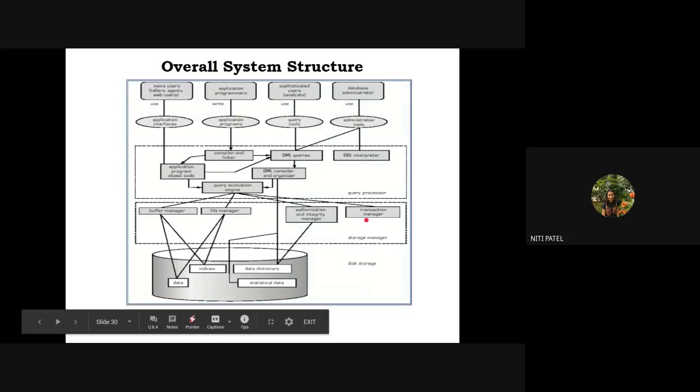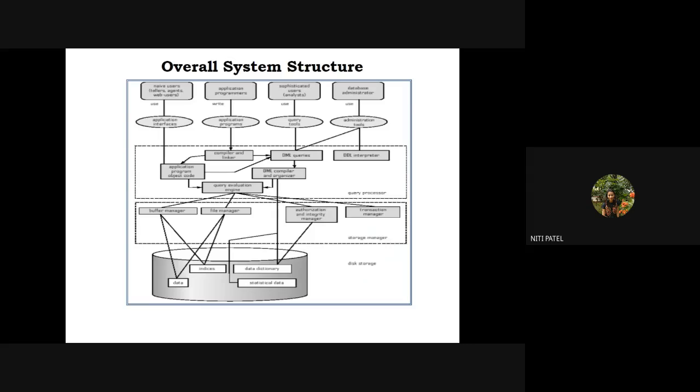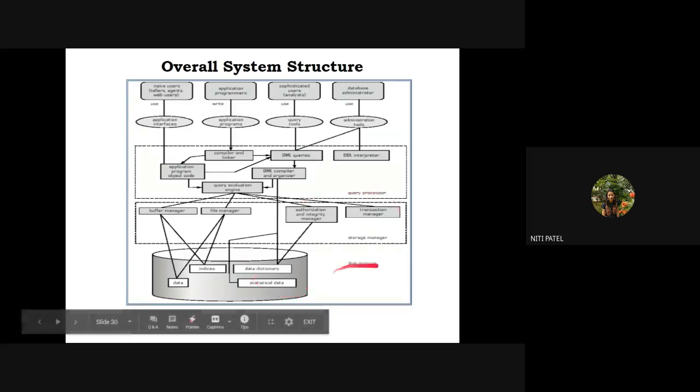So if I have stored Pratham's data in 4 places, and if I change it in only one place, the system will not allow me to do this. Why? Because the transaction manager of the database management system says that if you are changing the data of Pratham at one location, see to it that you change it in all the 3 remaining locations also. Then only you consider the database as consistent. Otherwise, your database is not at all consistent. Is this clear? What is storage manager? Yes, ma'am. Okay.